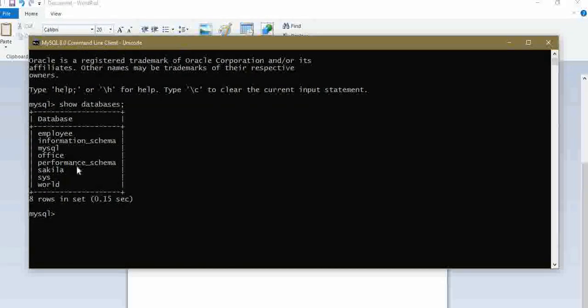As you can see, there are 7 databases. Information schema is a database which stores the information of other databases, just like a data dictionary. Then these are the default databases that are predefined in the MySQL server, that is world, system.